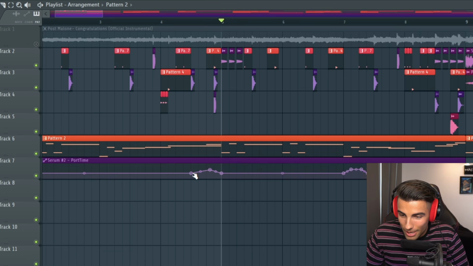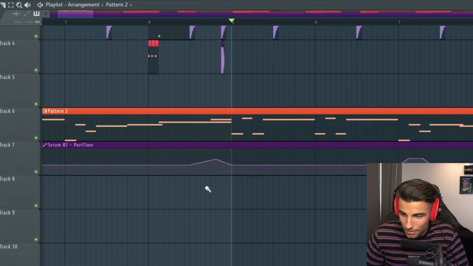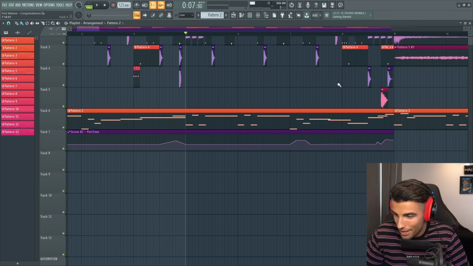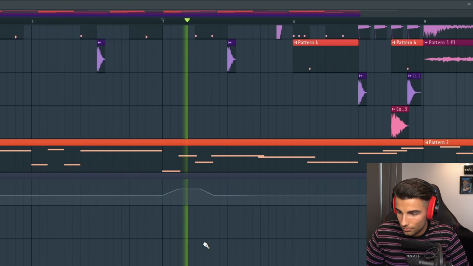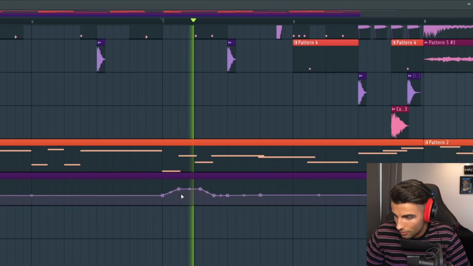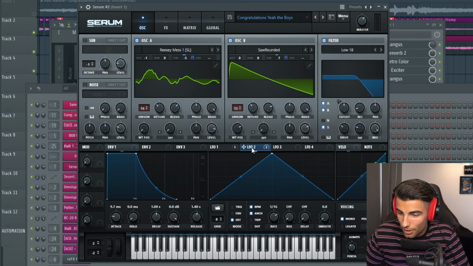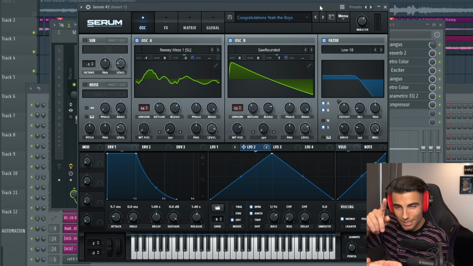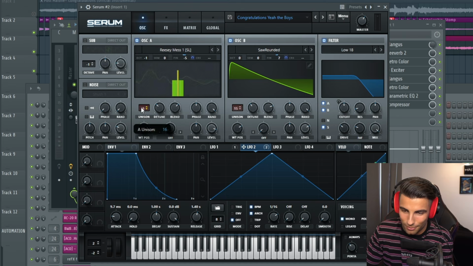Basically, that means when you take up the portamento in the automation clip, the time it takes to get from one note to the next is going to increase. So without it, it's going to sound like this. Then with it. Then finally, we're going to use LFO2 to modulate the fine tune of oscillators A and B, and it's going to keep both oscillators slightly off pitch. They've already got unison of 16, so it's just trying to bend the pitch even more.